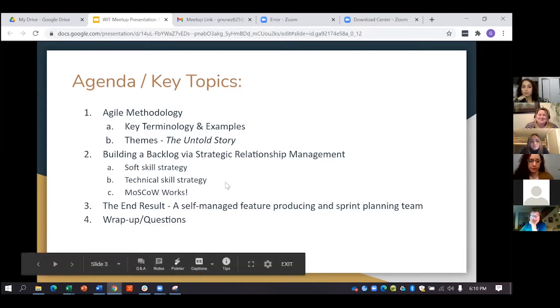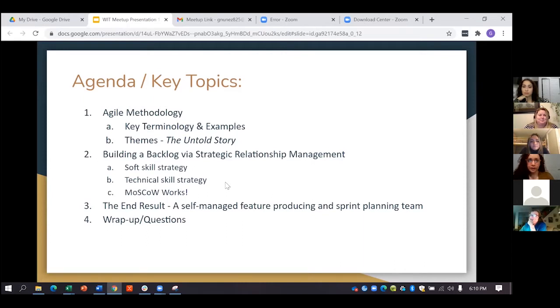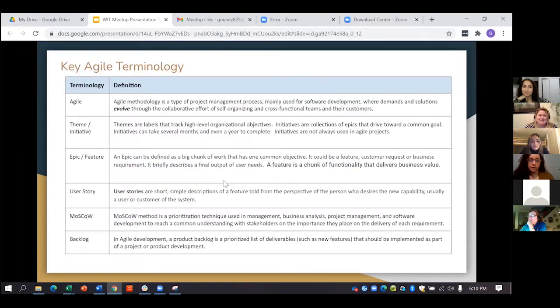All right, so I've got to take my brain up a notch, make sure I don't get too detailed here. But Agile terminology. So I'm not going to get into Scrum Agile. Scrum Agile uses sprint planning. That's not really relevant at this point. It's far too detailed. But excluding Scrum and sprint planning, the most common terminology that you'll come across is Agile